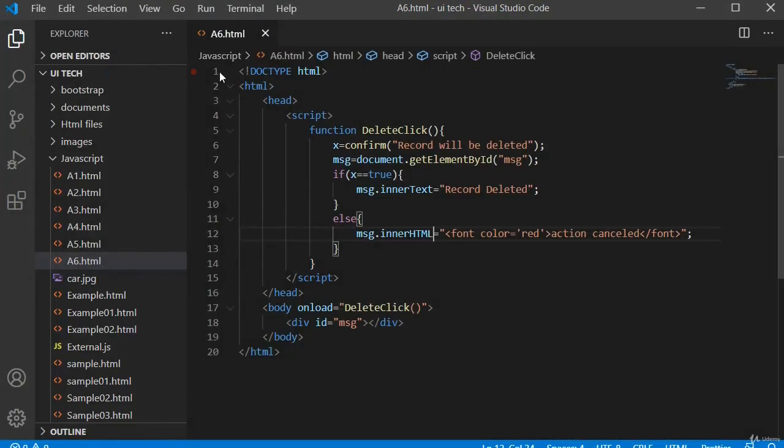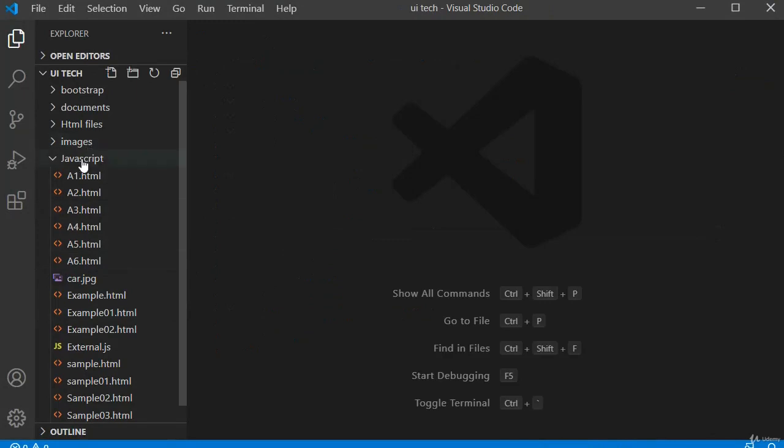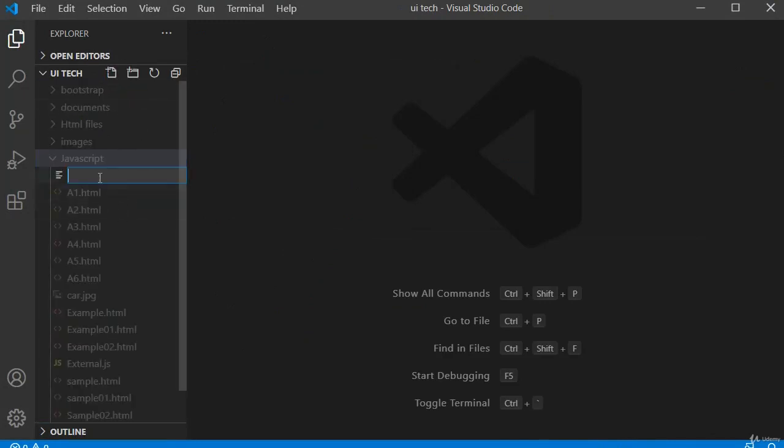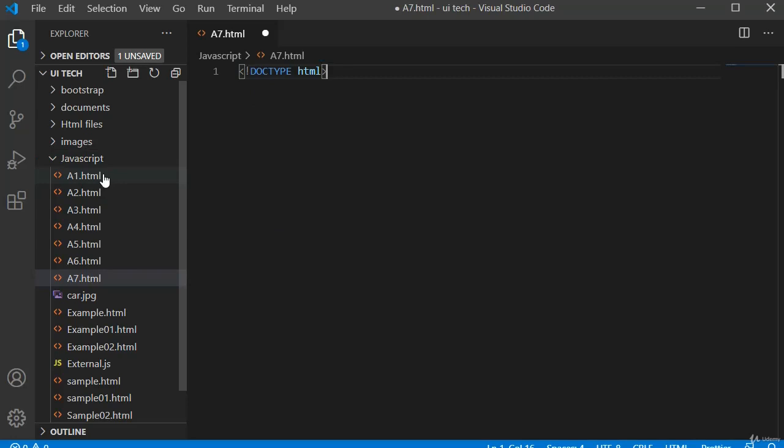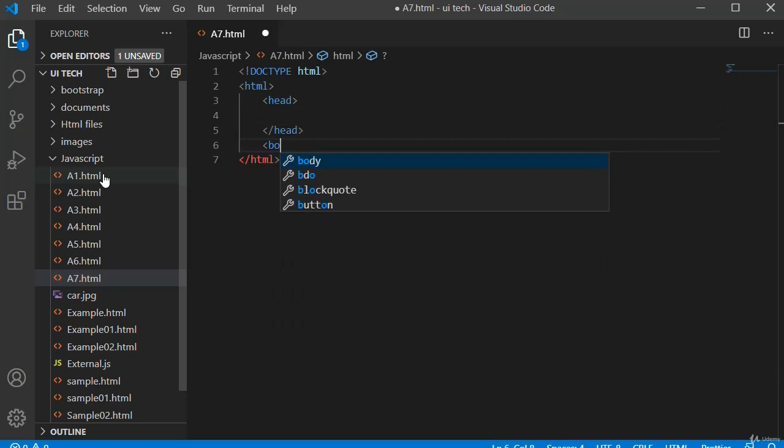Just go to Visual Studio Code and create a new file with a7.html. Inside I want to write doctype HTML. After that we have the HTML tag. Inside HTML we have head and we have body.